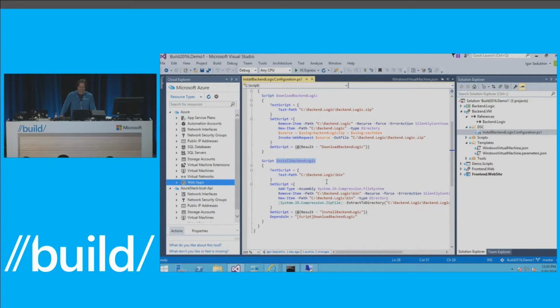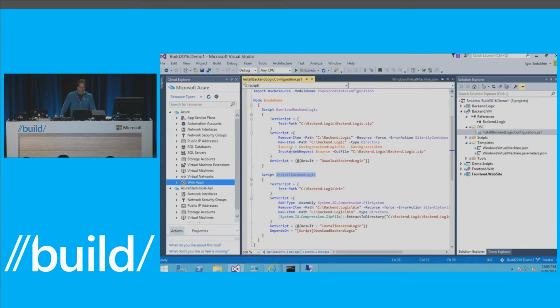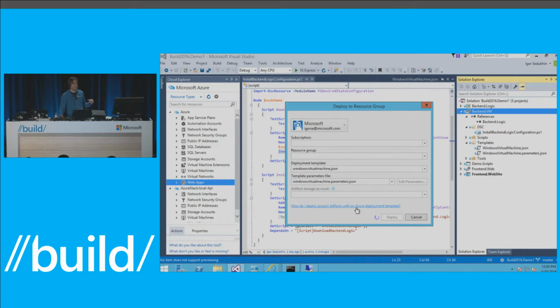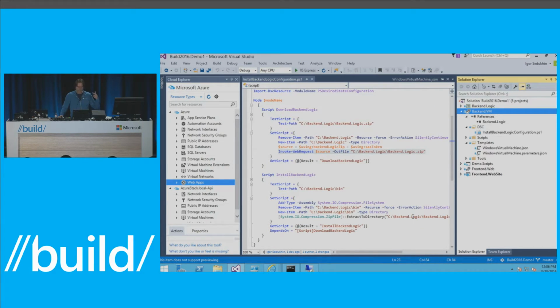This here I just deployed. And so what it does here is at the download time, it simply does Invoke-WebRequest with that SAS token. And so when I go and deploy my application like this, and I choose that staging account, Visual Studio will automatically take my build outputs and put them in that storage account, right? And then when my DSC extension runs in that VM, it'll pick up those binaries and deploy. So the deployment and development of that artifact happened right here in Visual Studio, against Azure Stack.